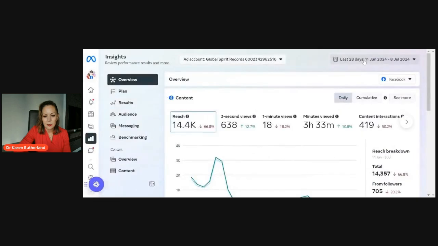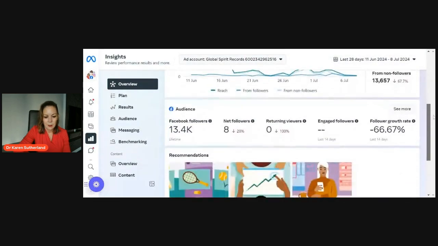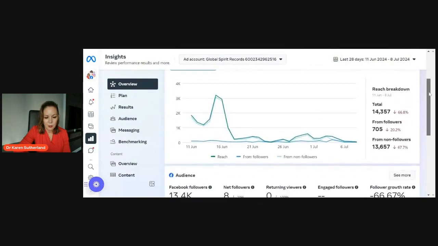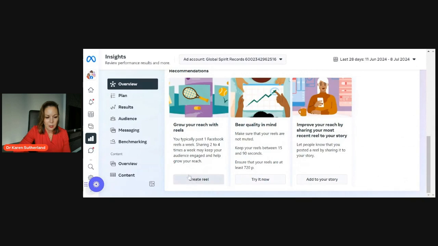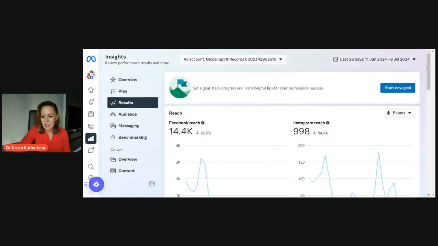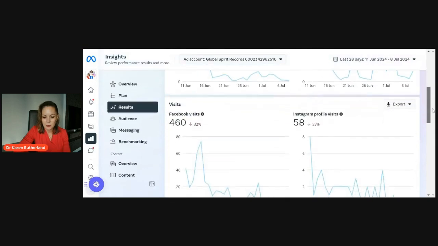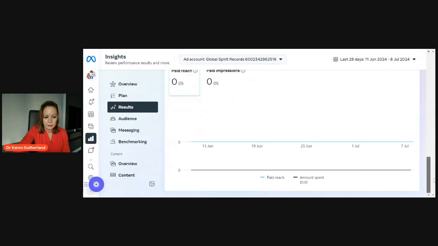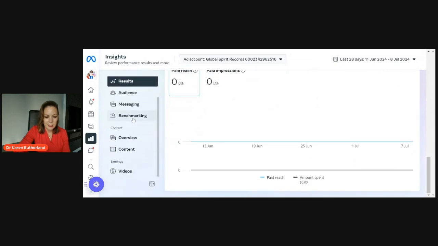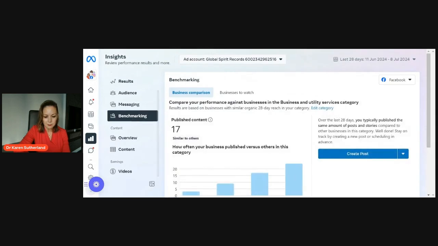You've got all of these different insights around what's working and what's not working. So you've got your overview, and your results in terms of your reach, Facebook and Instagram. Then benchmarking, which is a really great feature.